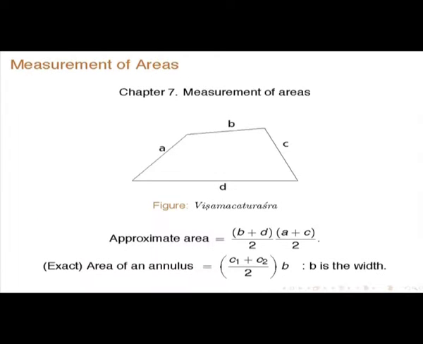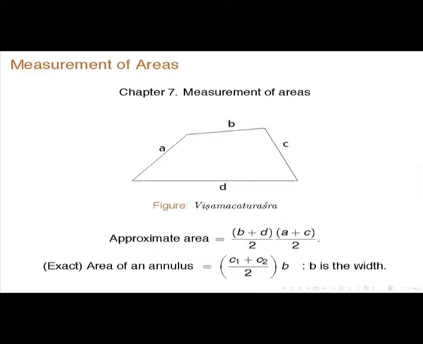So, for instance, if you have a Vishama Chaturashra, any quadrilateral where there is no relation among the various sides A, B, C, D, that is the Vishama Chaturashra. Approximate area as in Brahma Sputa Siddhanta is given as B plus D by 2 into A plus C by 2, approximate area. But for an annulus,